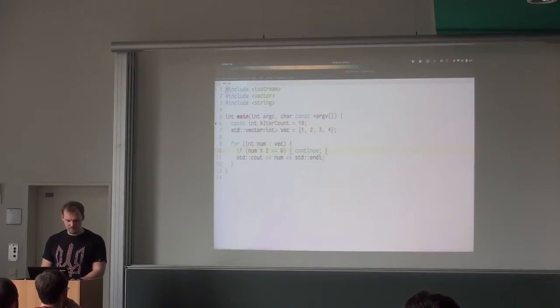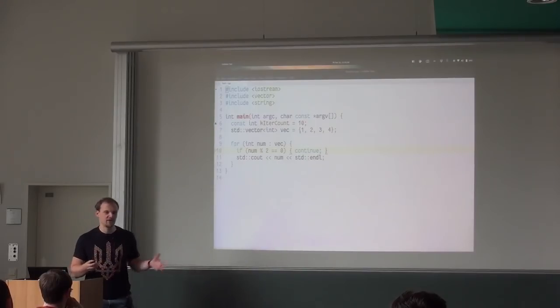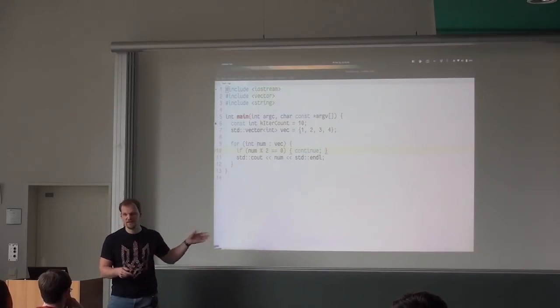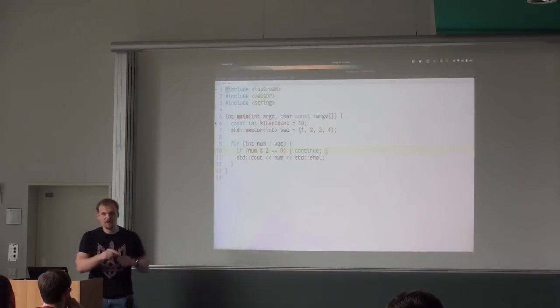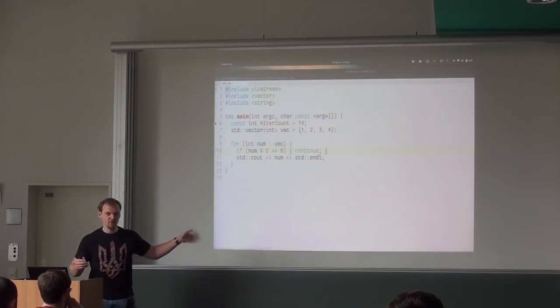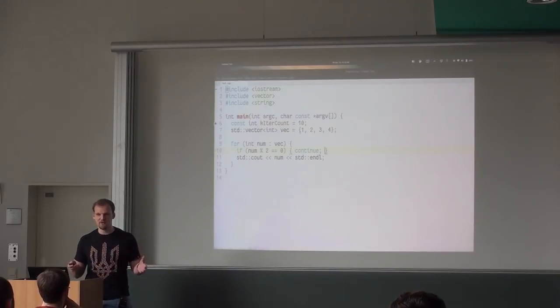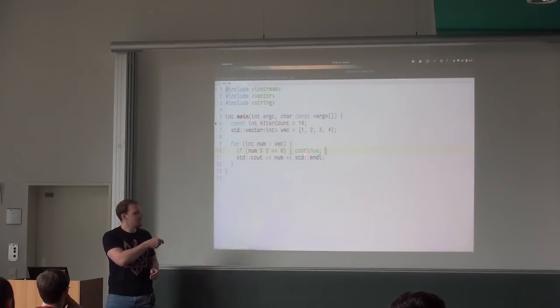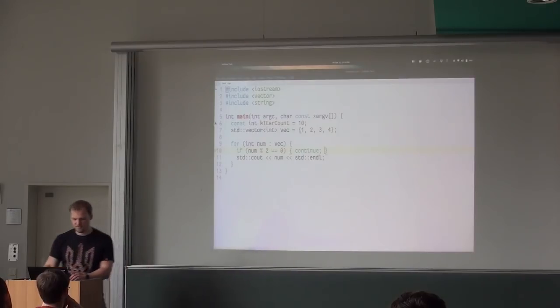Okay, so the idea here is that it's not very useful in this example, again, because I have to make simple examples because they have to fit on the slide and so on. But generally the part after the if can be arbitrarily long. It can be a lot of things that you do. It's not only outputting something, but it can be some heavyweight processing, right? And you want to avoid doing that when your condition is not met. So you check your condition first, and if it's not met, you say, okay, skip this iteration, I don't care about this iteration.